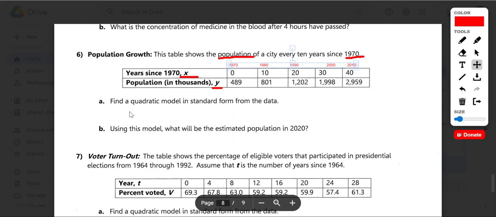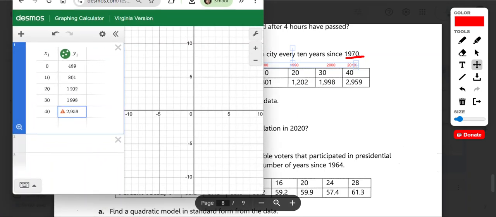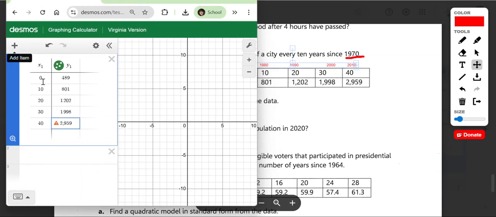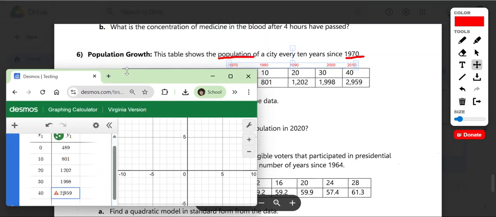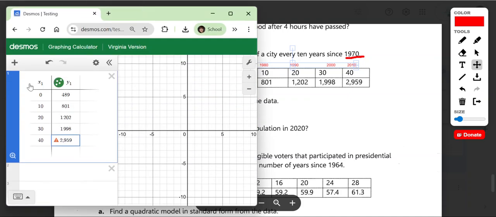So then it's asking us to find the quadratic model in standard form from the data. This is straight up our Desmos work. We go into Desmos and I've already done this. I hit the plus sign to create a table. And then I entered this data in. You can see I've got my 0 and 489, which is right there, 0, 489. Then I've got 10, 801, 20,